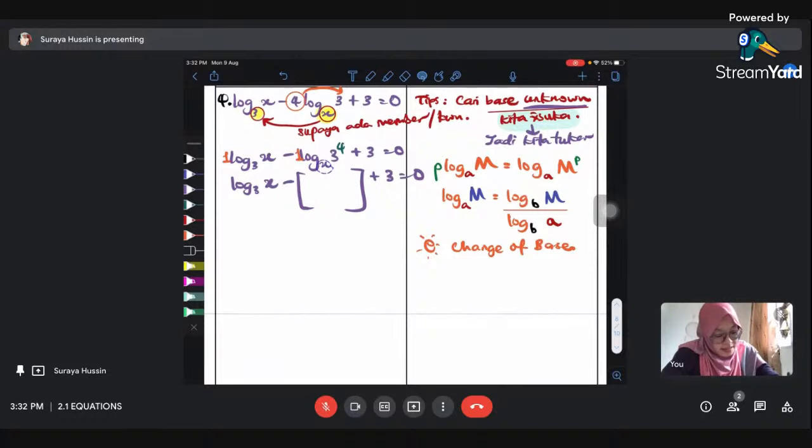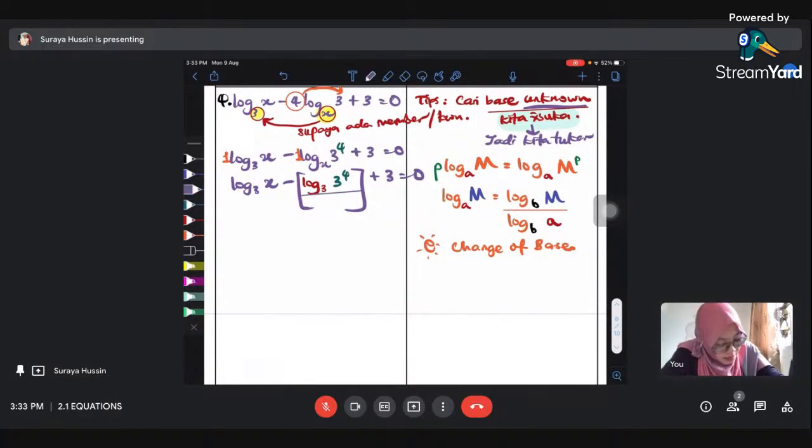Daripada base x, kita nak tukarkan dia menjadi base apa? Nak jadi member dia, betul tak? Nak jadi kawan dia, betul tak? So kita nak tukarkan dia menjadi log base 3. Maybe I want to use warna merah lah. Log base 3 untuk siapa? Untuk 3 kuasa 4